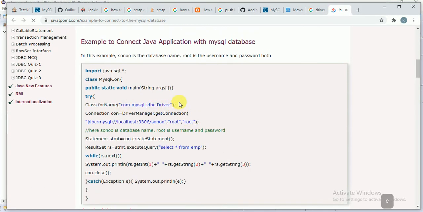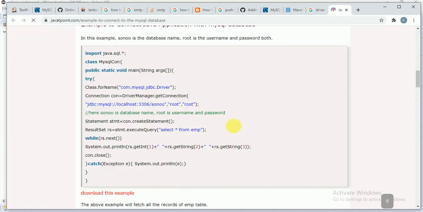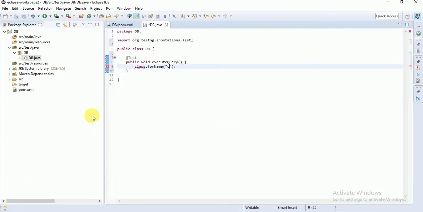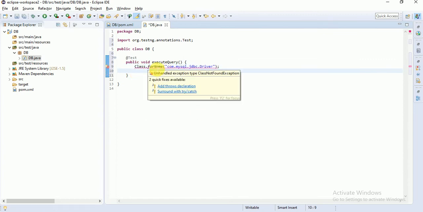First you need to set your driver. Class name dot forName. You need to set your driver. Okay, fine. Your driver is set successfully.